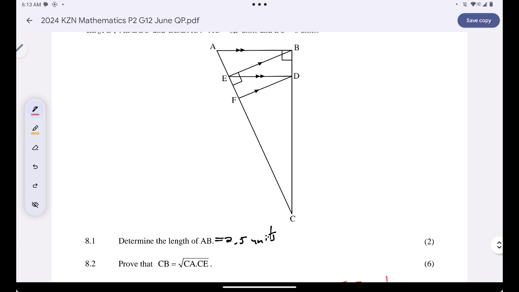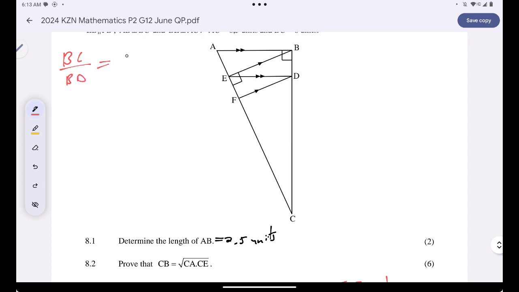What do I know? How can I find EF? Okay, I know that BC over BD